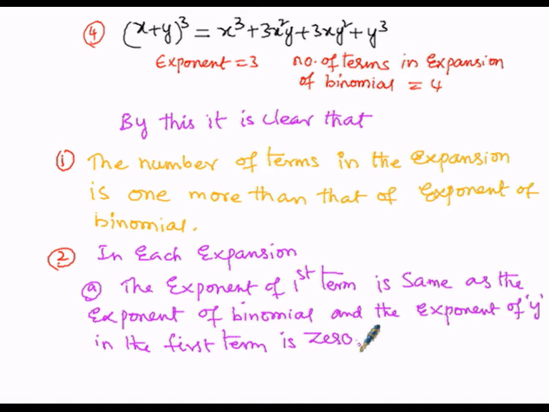Here in this expansion the first term is x cubed, and the binomial's exponent is also 3. So the exponent of the first term is 3, and similarly the exponent of the binomial is also 3. And here the y term is missing, that is y to the power of 0. So the y exponent in the first term will always be 0,